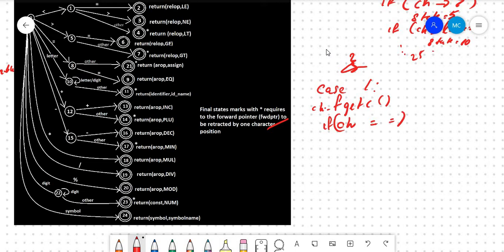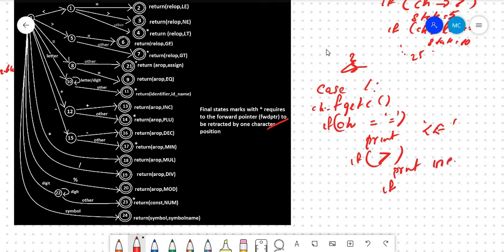If it is, you will print that what you have received is less than or equal to. If you get this other symbol, you will print that you got an inequality operator.